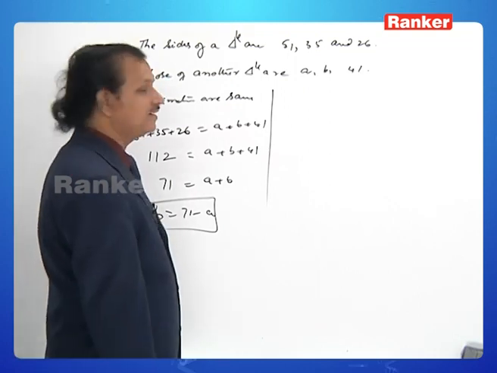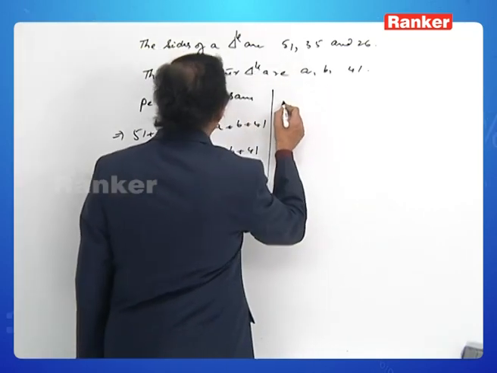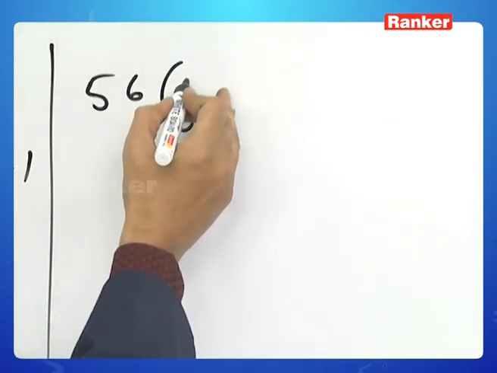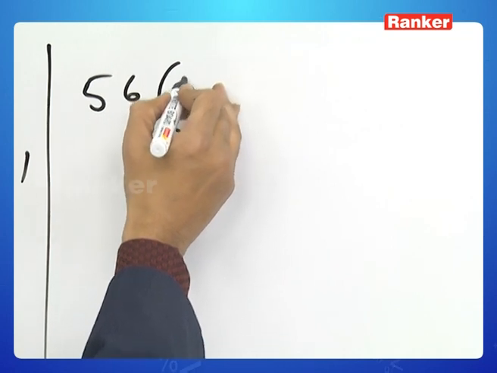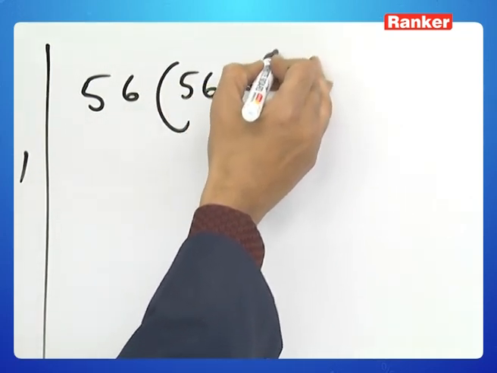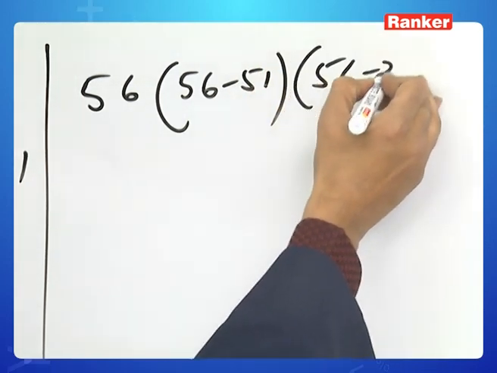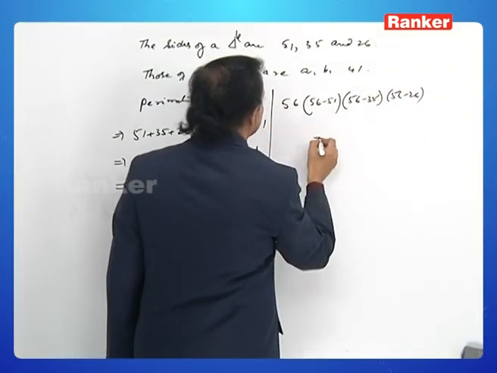Let us equate the areas of the two triangles. S into S minus A: 56 into 56 minus 51, into 56 minus 35, into 56 minus 26, is equal to